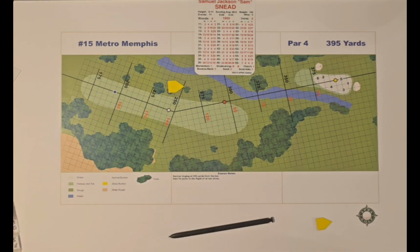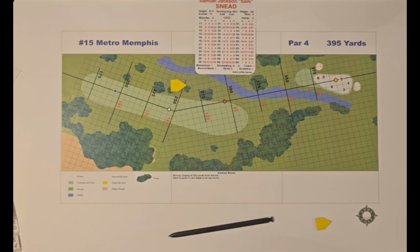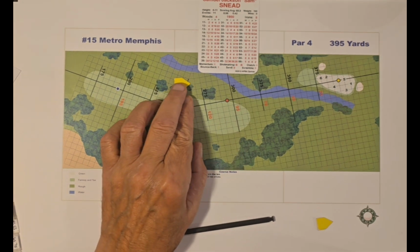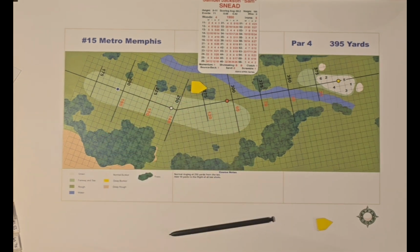The drive was supposed to go 270 in the air, but the headwind knocked it down 15, so it's only going 255, so it was another 5. And it was supposed to have a roll of 25, but he's only going to have a roll of 15 because he's over in a deep rough. So here's the first 10, 5, 10, 15. And there he is,